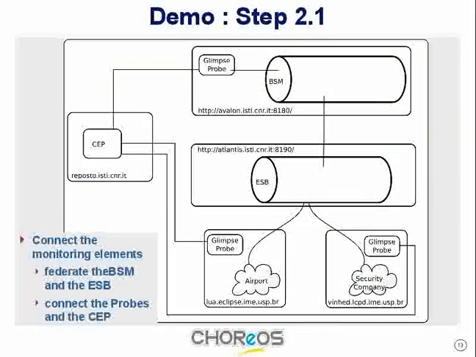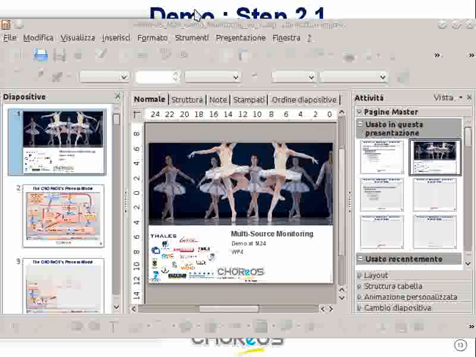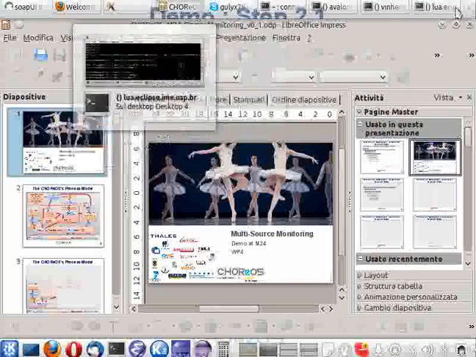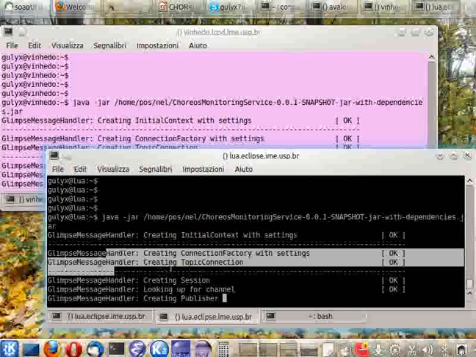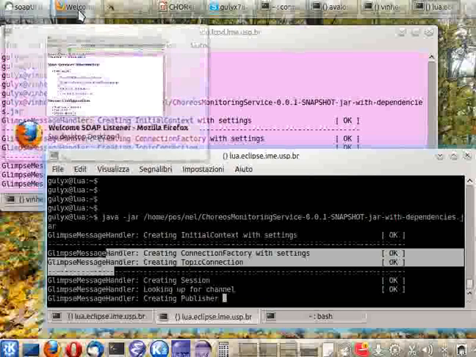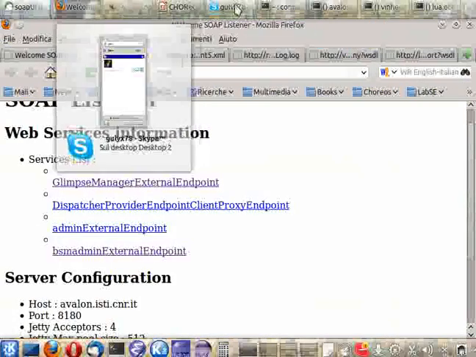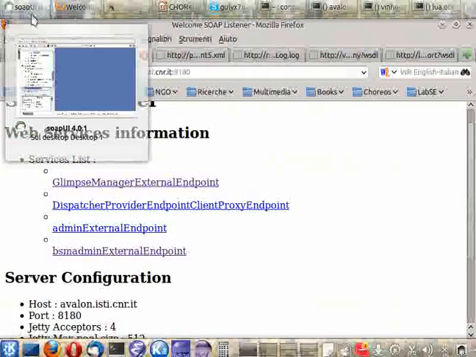So next step is to connect the monitoring elements and federate the BSM and the ESB. Actually, both the probes at the infrastructure level and at the BSM level have already been connected to the CEP. For example, the probe at the business level can be seen here. So let's federate the BSM and the ESB.